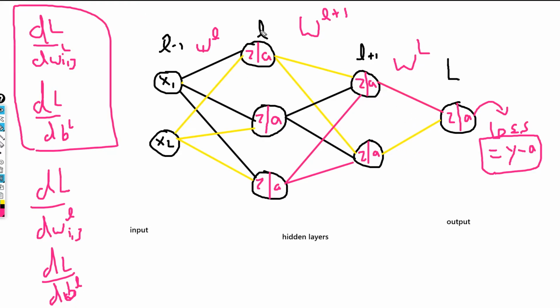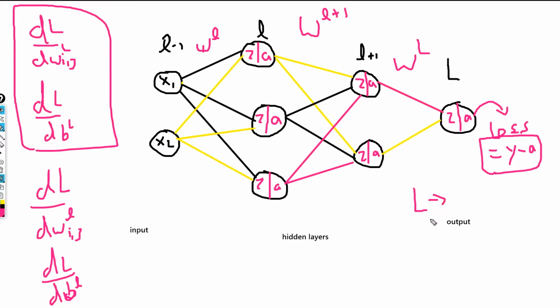So my loss is going to depend upon this activation value. I think it is clear why it is dependent upon this activation value. It is basically simple derivatives, or simply differentiation. You should know how differentiation works to understand all of this.